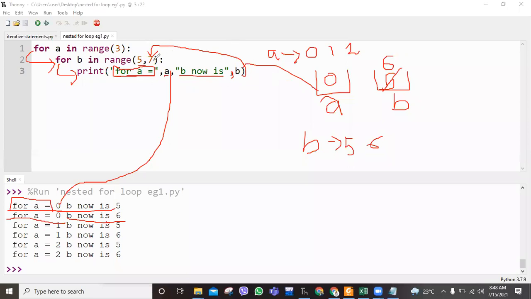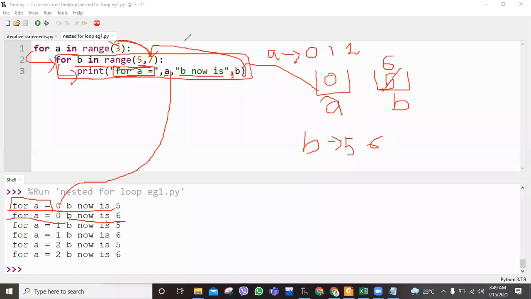After that, again your loop iteration is incremented by 1. But here, unfortunately, that value is not available in this range function. If it is not available, what happens? Your program controller moves to the outer loop. From this point, your program controller moves to the outer loop, because these are the statements inside the outer for loop. So once the execution of these statements is completed, your program controller moves back to the outer loop.